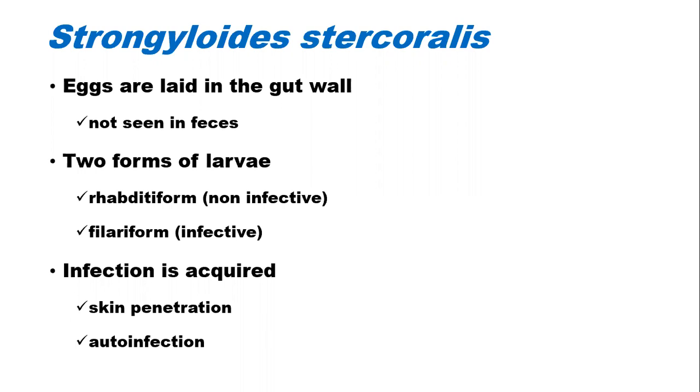Now, there are ways by which we can differentiate between the two. I'll mention them, but I don't think it's important for you to know. We can look at the esophagus of these worms, and we can look at what we call the esophageal bulb to make a difference between the stage of development, and also to speciate, to differentiate them from the larval forms of hookworm. You don't need to know this. I just want you to know that there are things that we can use in the laboratory when we get these juvenile worms that can help in diagnosis.